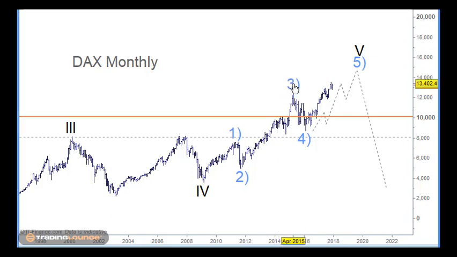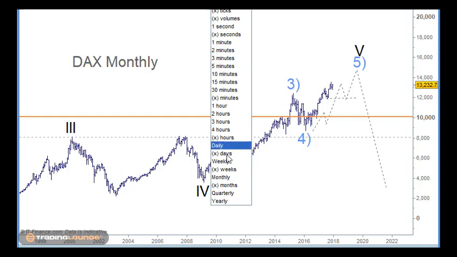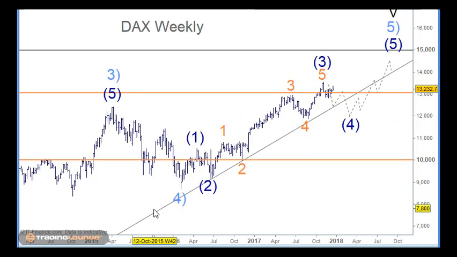From primary wave 4 here, we're looking up at primary wave 5, and we're also looking at 5 waves of intermediate degree, 1 and 2 and 3, which we have in place. So we're looking for the top of wave 3 here, then wave 4 to pull back to the wave 4 of one lesser degree down through here, and then wave 5 to the upside to complete that. On the weekly chart here, that's primary wave 4,